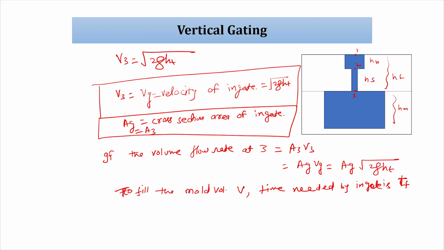If the mold volume V is equal to the volume of casting, and the time needed by the ingate is Tf,